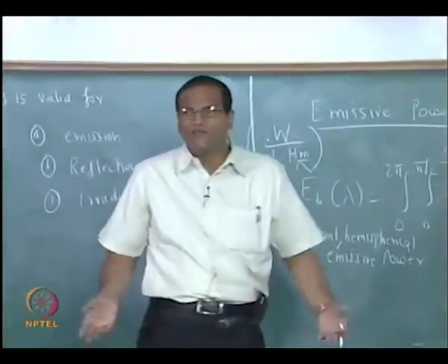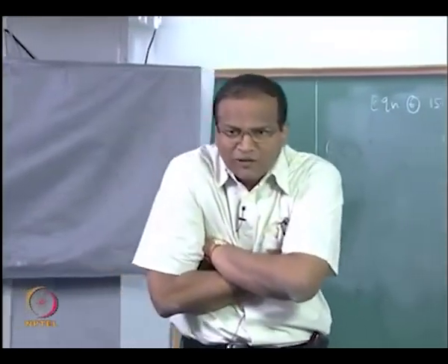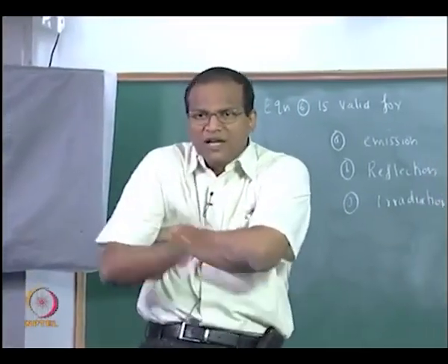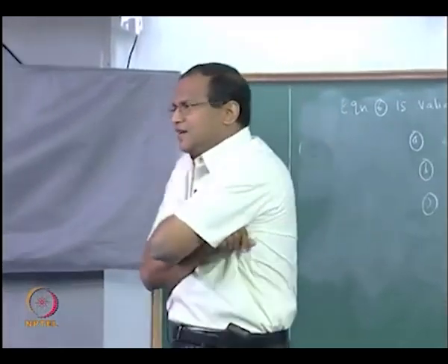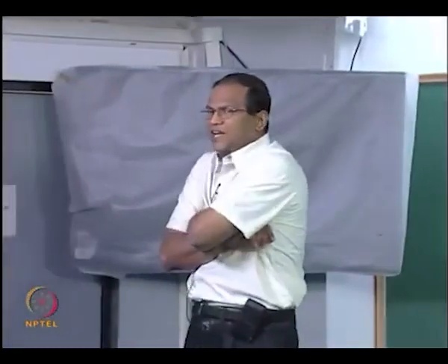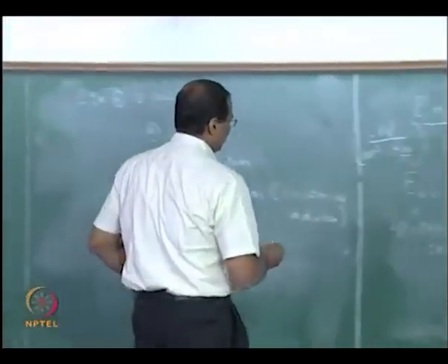A black body is a diffuse emitter, that means the I lambda E is not a function of theta and phi. Yesterday I told you stories, in all the directions it is the same. Why should that I lambda E be inside the integral sign? Pull it out, just do the integration with respect to the two angles. Okay. The black body is